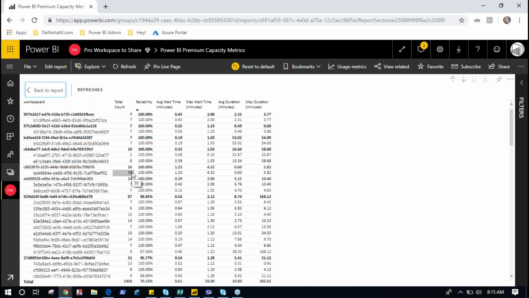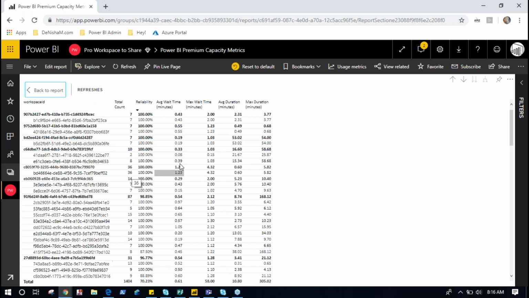The next important column here is reliability. Reliability shows you how reliable that data set is to refresh. So 100% obviously is good. That means that the refresh never fails really. You can trust it to refresh fully as it should. Anything under 60% is a problem. That means that the refreshes are struggling a little bit, and maybe there's errors continuously happening in that data